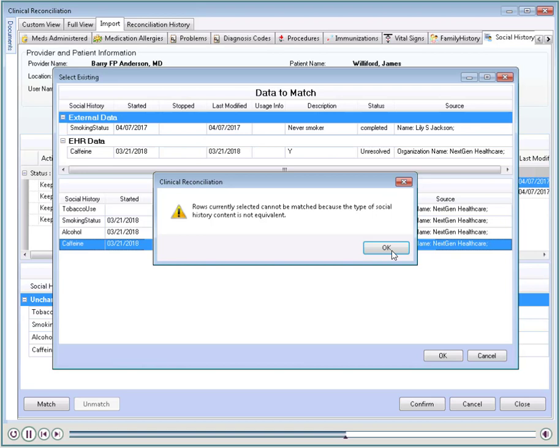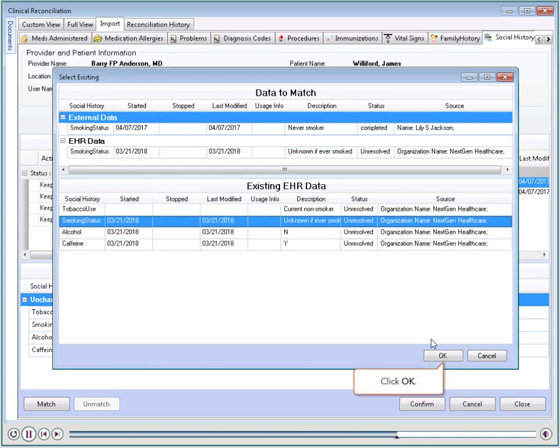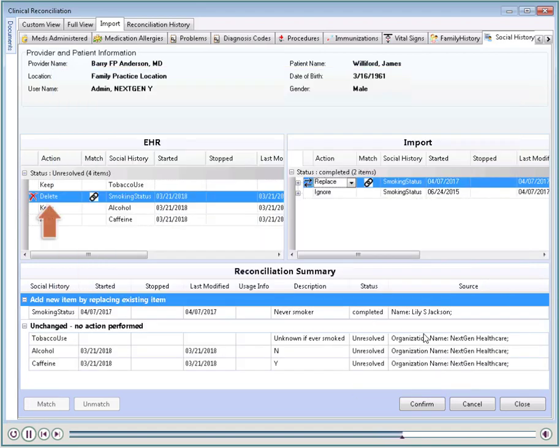This is determined based on the diagnosis SNOMED code. The system will also assist in matching records when descriptions are not the same. For example, smoking status versus heavy tobacco smoker. Click OK. Now click the smoking status. Click OK. In the EHR section, the smoking status is set to delete, and in the import section, it is